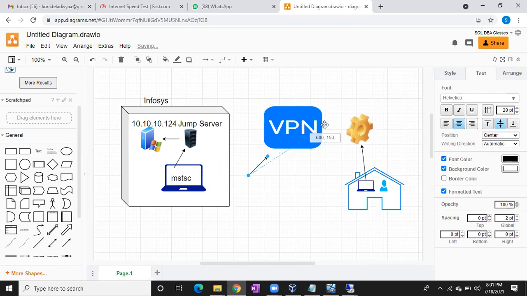Your laptop is connected to the internet, right? Using your VPN network, you are going to connect to the organization network.